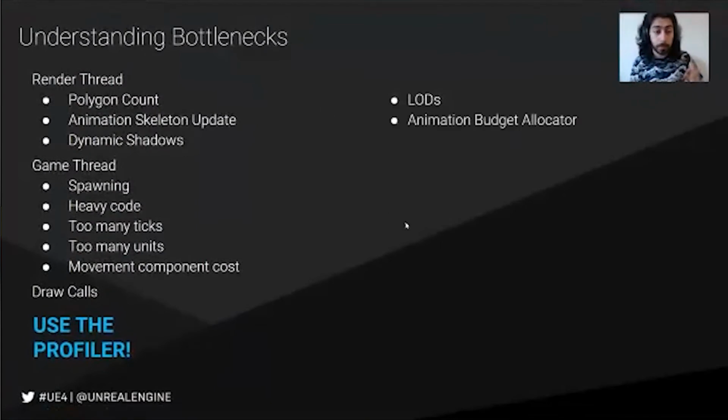Second, the animation skeleton update. In our case, we disabled animation for everything. However, there's a tool inside of Unreal called the Animation Budget Allocator that does that automatically. It gives priority to meshes, meaning that meshes in the front can have animation playing at full resolution, while the ones in the background don't have to update each frame. They can just update periodically. And depending on your computer's performance and power, you can set this to scale.